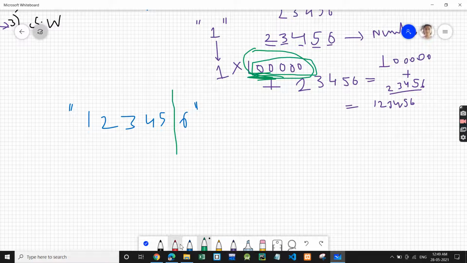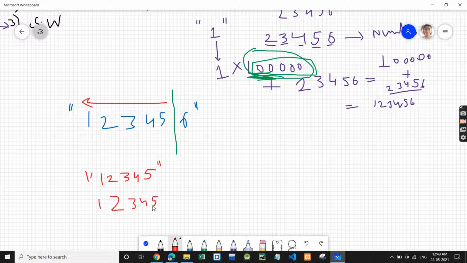Like we'll divide from the end, and this thing we'll pass to the recursion, right? That means we are passing 1 2 3 4 5 to recursion. So what recursion will do, it will give 1 2 3 4 5 in integer, right? Then just pause the video and think how we can do the small work now.